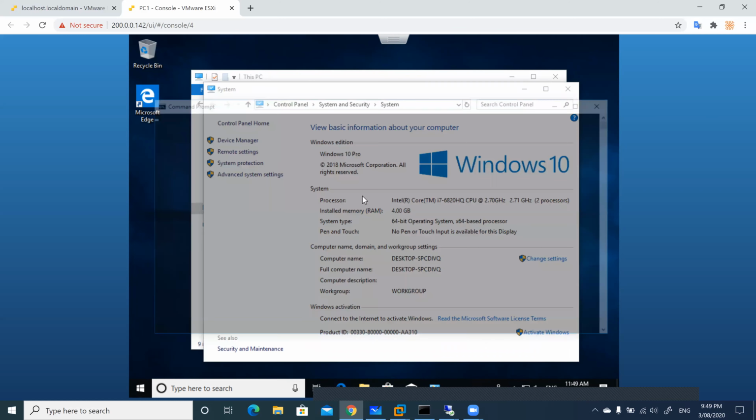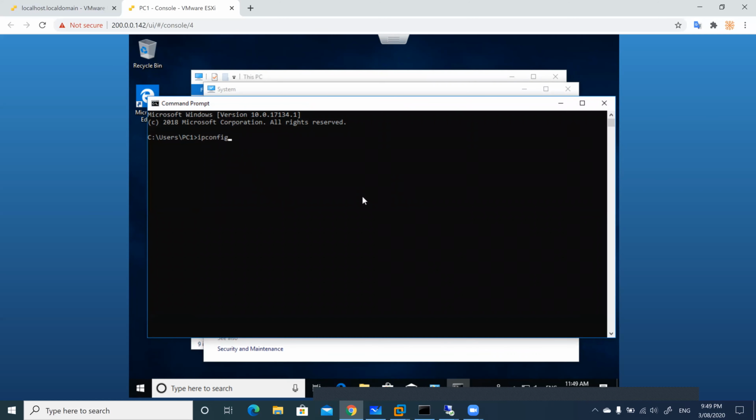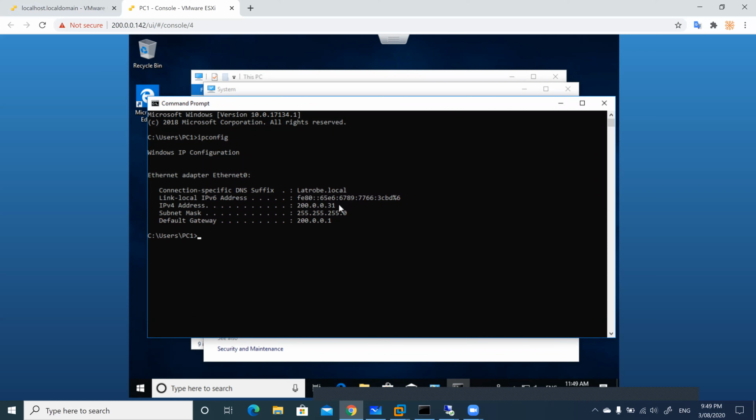See that it got 31. So if you note down, we have given that DHCP starts from 31. So it got the 31 address.